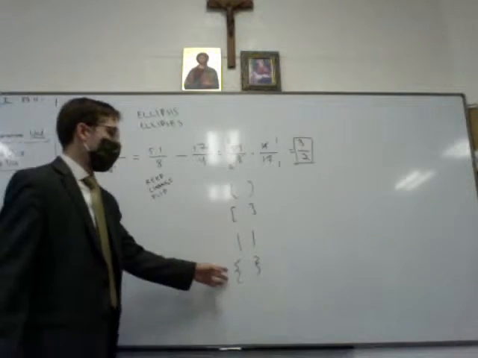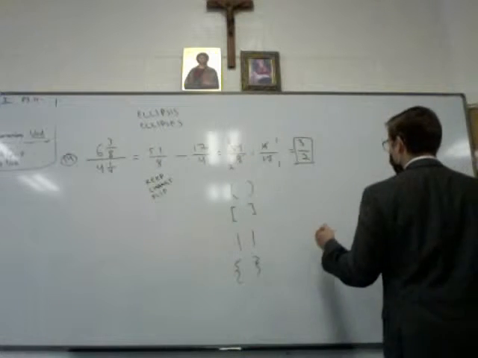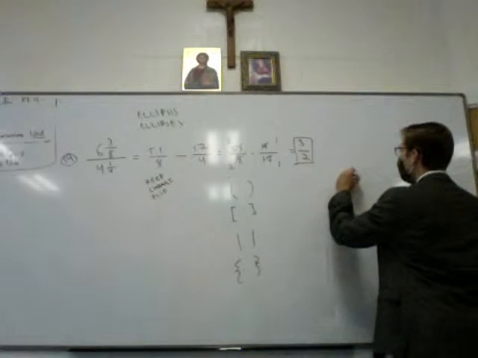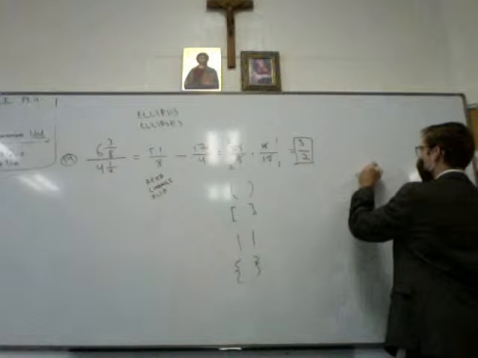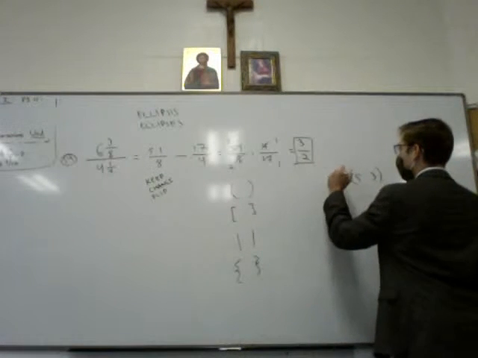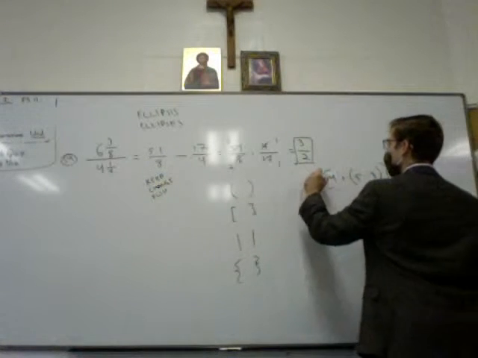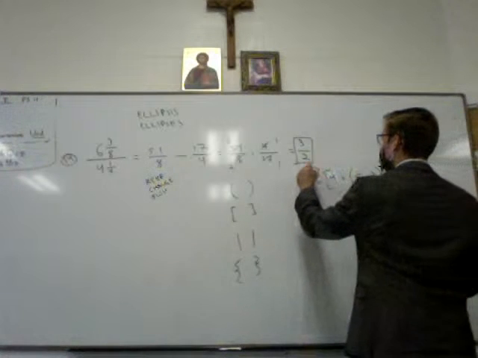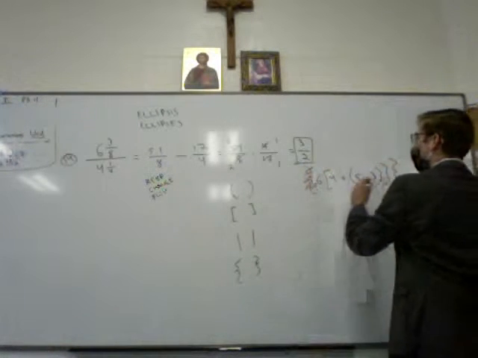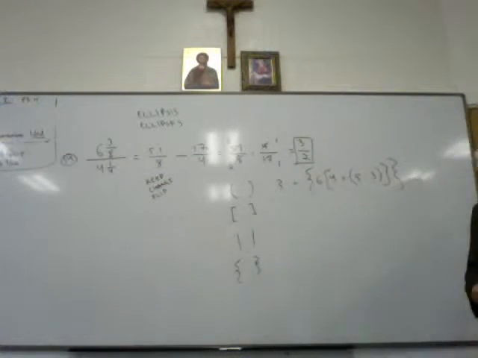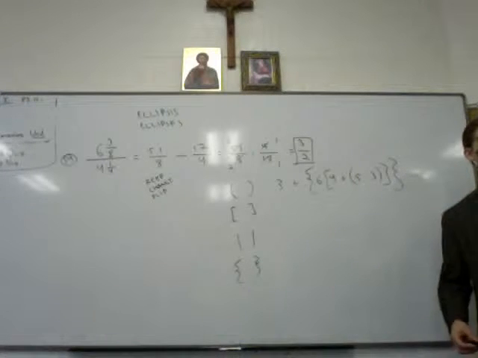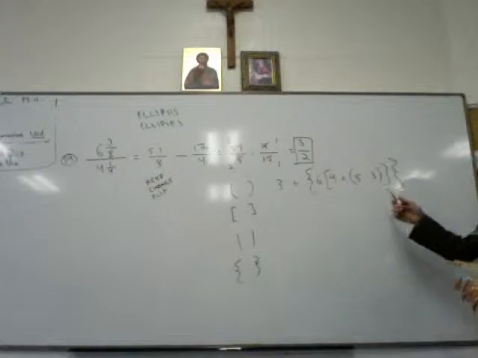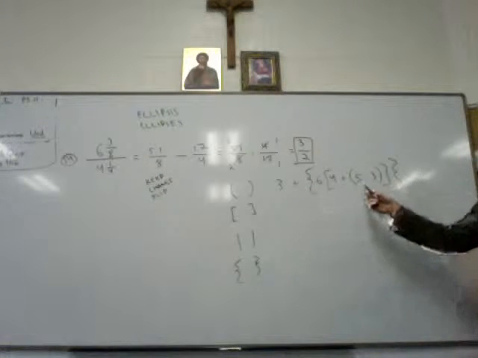Sometimes you will see curly brackets used as order of operations. So for example, if we have like 4 plus 5 times 3, 6 times that, you might have something like this. Sometimes Saxon will give you problems like this, where you've got 3 different types of parentheses nested inside of each other.